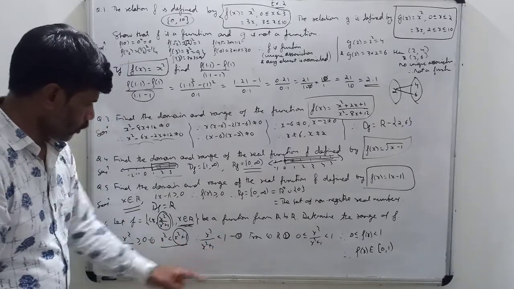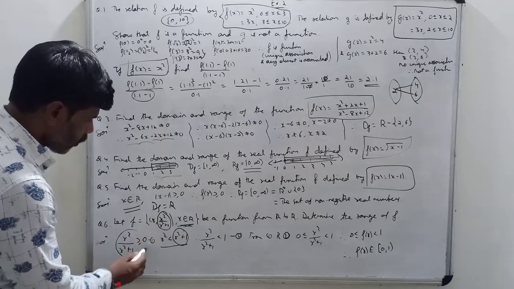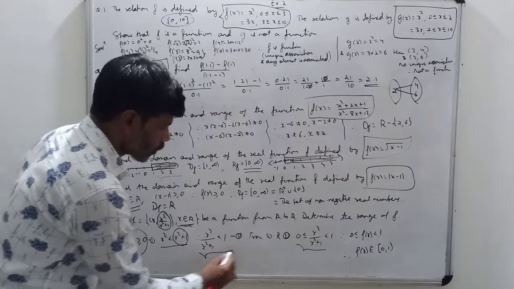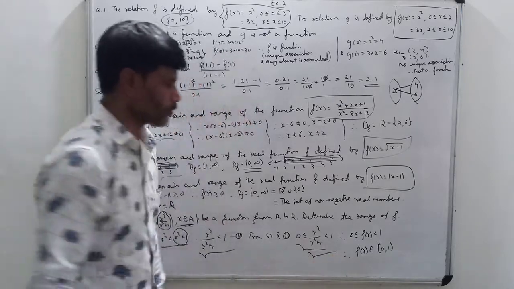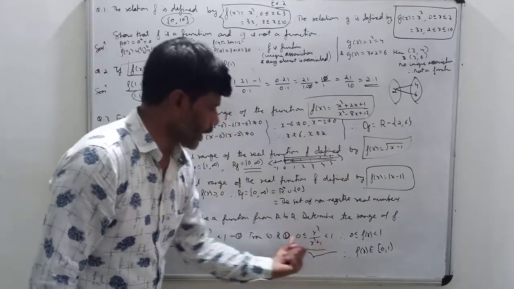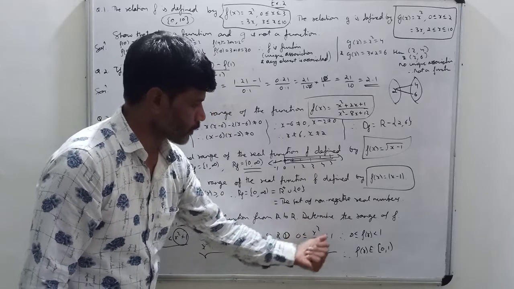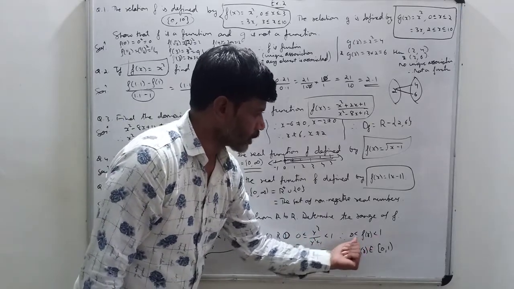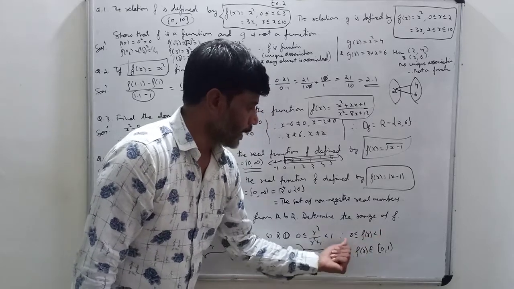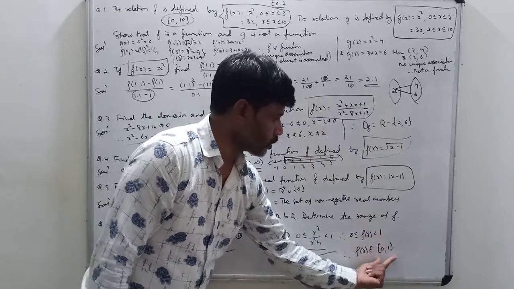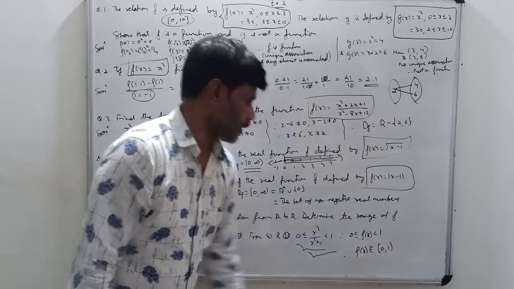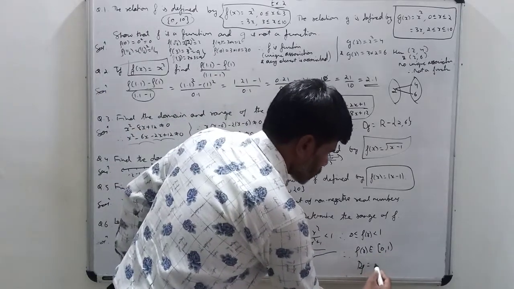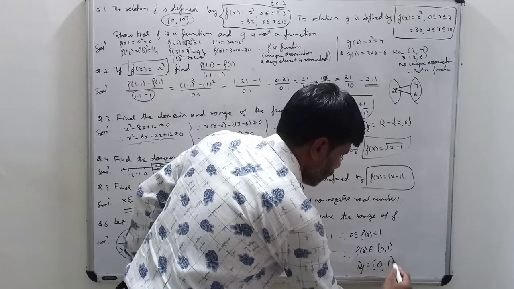Now from 1 and 2, what did you understand? This means 0 is less than or equal to x² upon x² + 1. And this means x² upon x² + 1 is less than 1. So together we write 0 ≤ x²/(x² + 1) < 1, and this is nothing but f(x). So the values of f(x) will be lying between where? 0 to 1, including 0 and excluding 1, meaning the interval [0, 1). This is called the range of the function. So the range of the function is [0, 1).